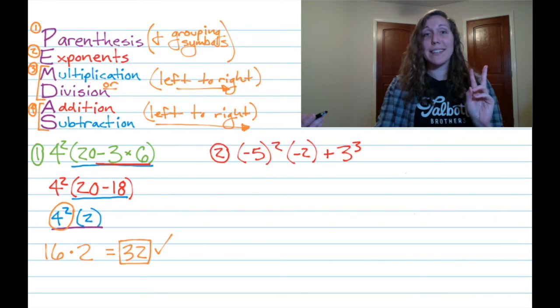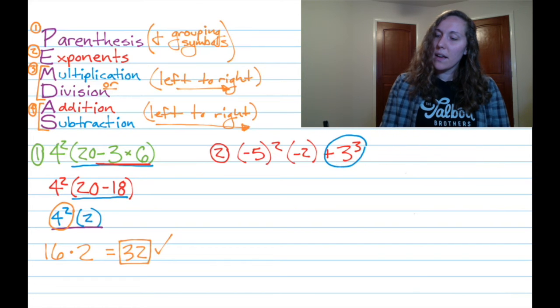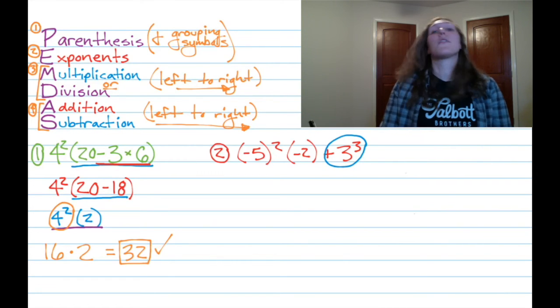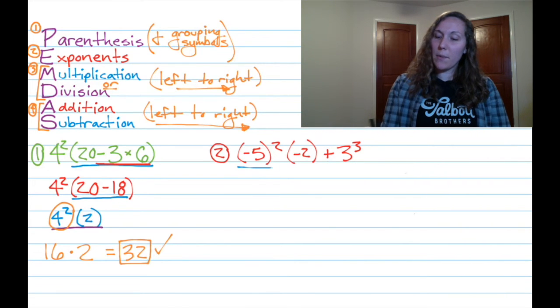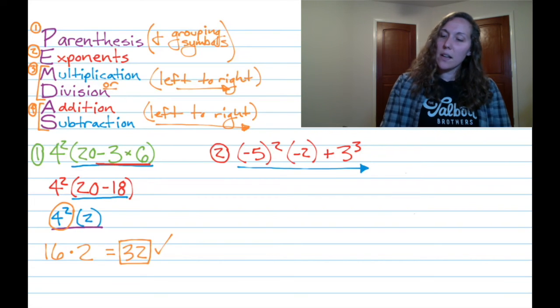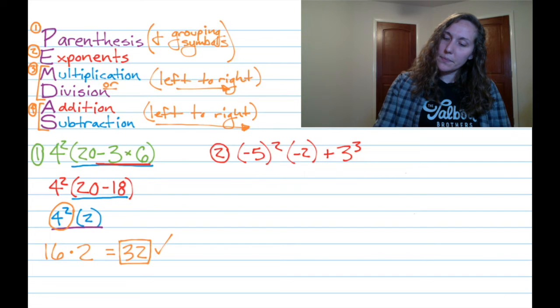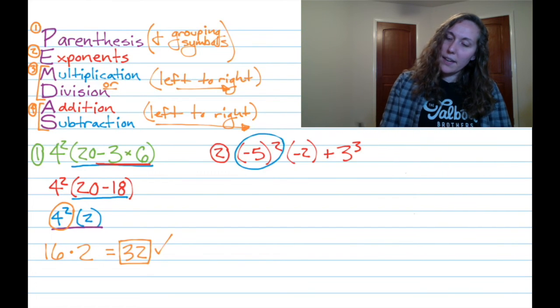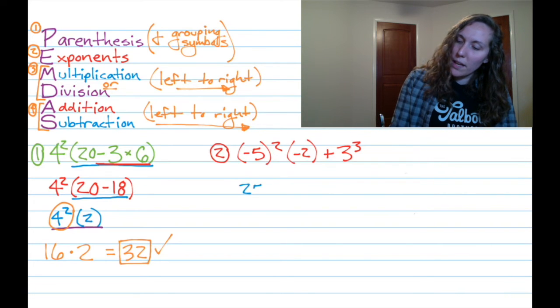Next step, second step is exponents. Here we see we have negative 5 up to the second power, and then here in the end we have 3 to the third power. So here we have both of those going on. In order to figure out which one we do first, when we're doing the order of operations, we always move left to right. So we're going to do this one first and this one second. So first we're going to do negative 5 in parentheses squared, which ends up being 25 when you punch that